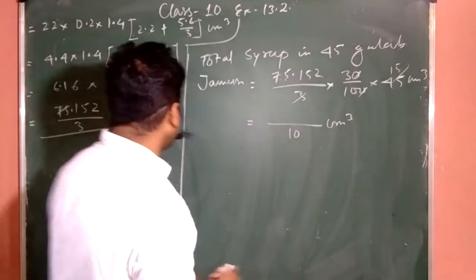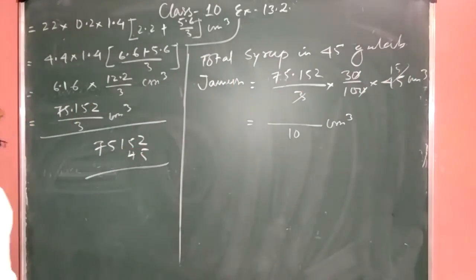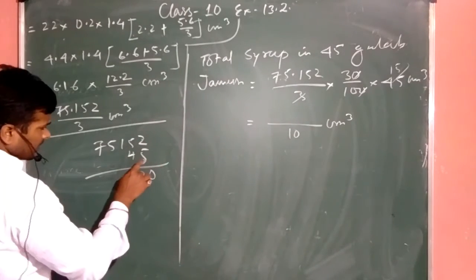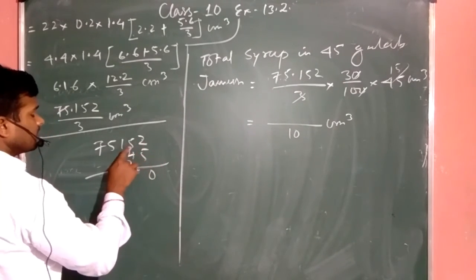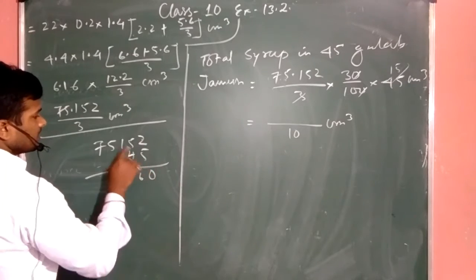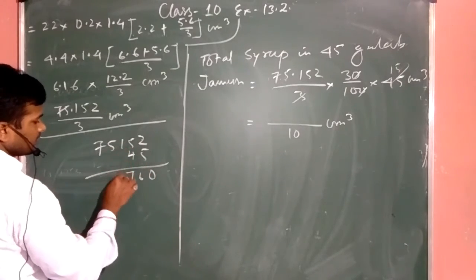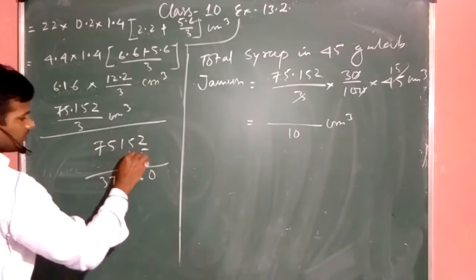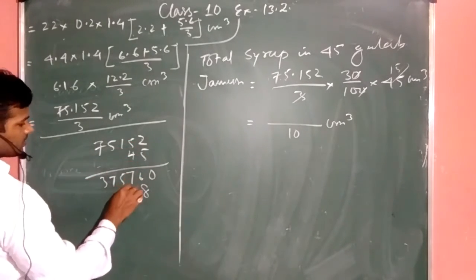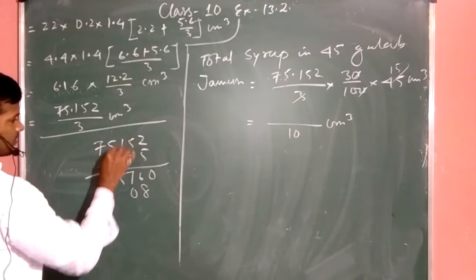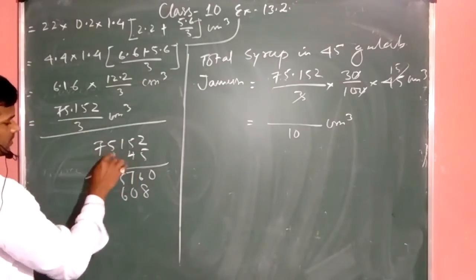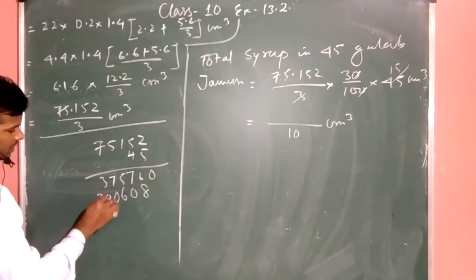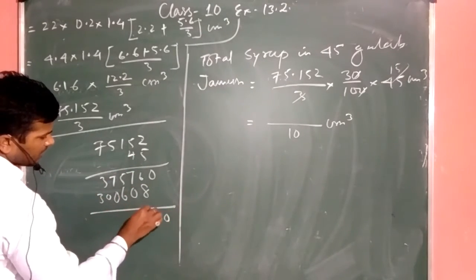15 3s are 45. We'll multiply by 45. So 5 2s are 10, 5 2s are 10. 5 5s are 25. And 1, 26. 5 into 7, 5 5s are 25. And 5 7s are 35 and 2, 37. 4 2s are 8, 4 2s are 8. 5 4s are 20. 4 1s are 4 and 2, 6. 5 4s are 20. Again 2. 7 4s are 28 and 2, 30. So 0, 8, 6, 14.